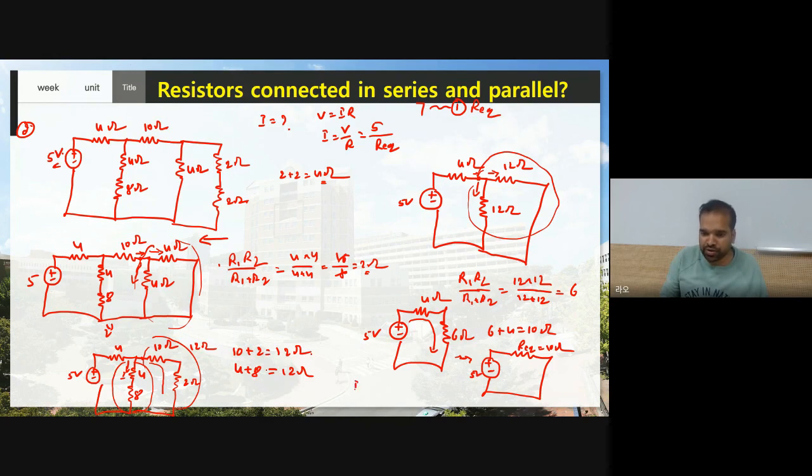I equal to V by R. Therefore voltage equal to 5 and resistance equal to 10. 5 ones are 5, 5 twos are 10. 1 by 2, you can write 0.5 ampere. So how much current is flowing? 0.5 ampere current is flowing in this circuit. So by using the resistor series and parallel concept, you can find R equivalent, and at the same time you can find the total current flowing in this circuit. So I hope